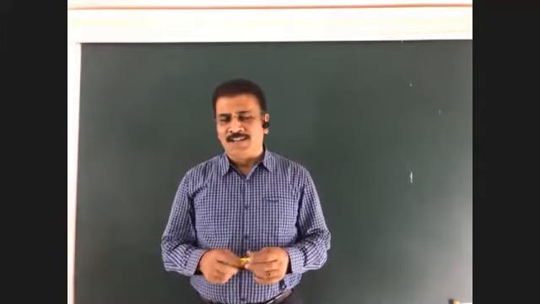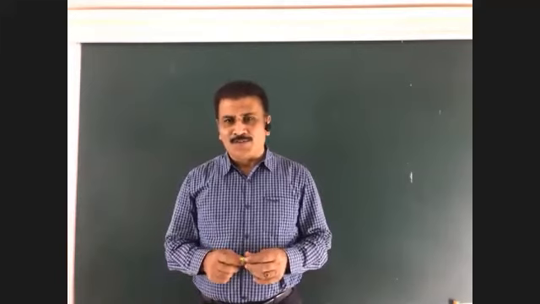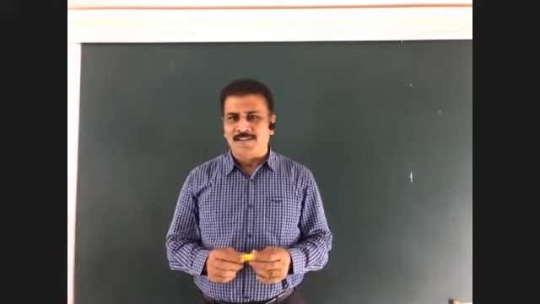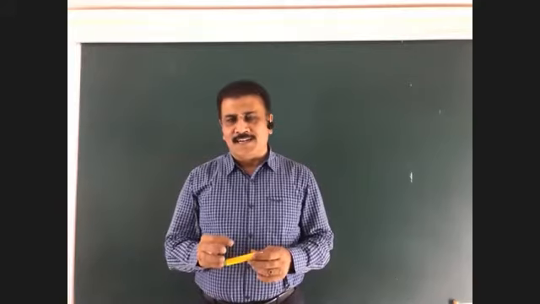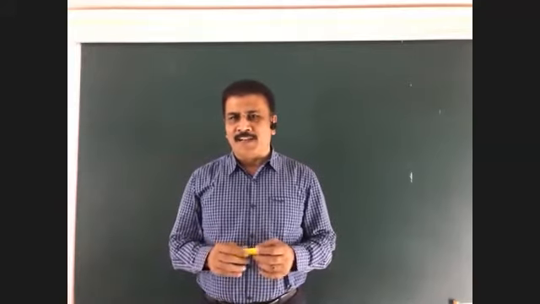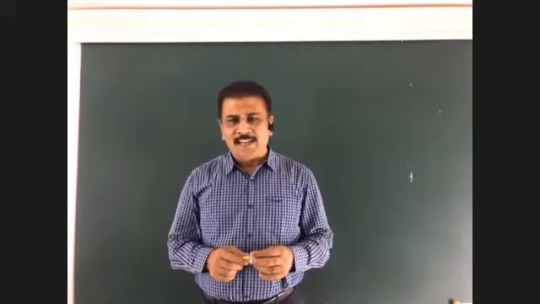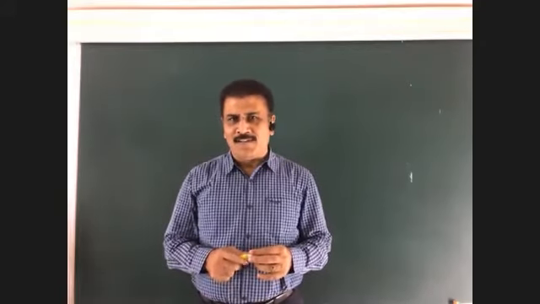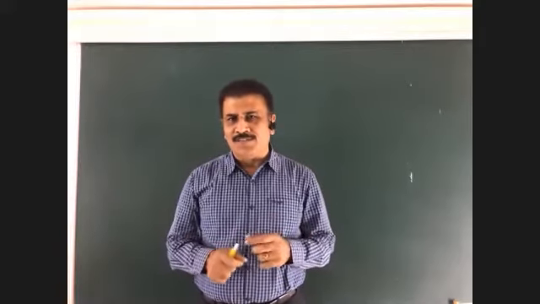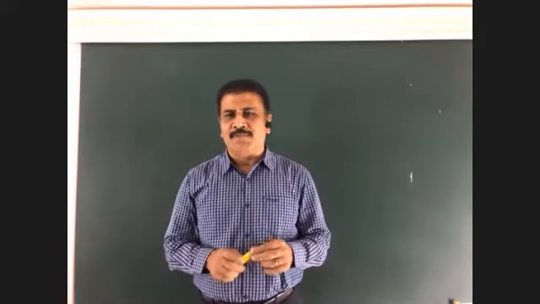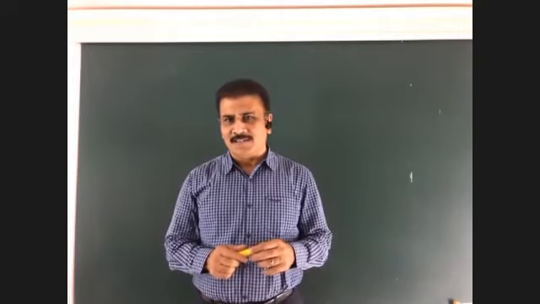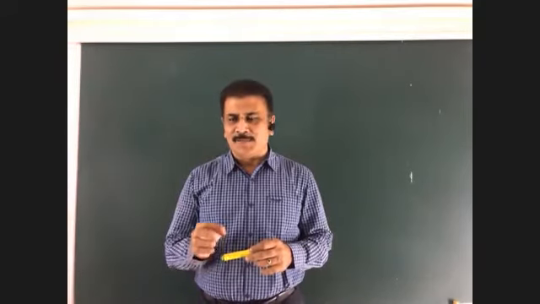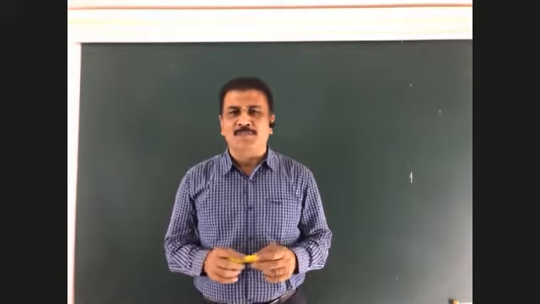In the Daniell cell, there are two electrodes, a zinc electrode and a copper electrode. Its standard EMF can be calculated as the SRP of the cathode minus the SRP of the anode. After substituting these values, its standard EMF will be 1.1 volt. So whenever you read about the Daniell cell, remember its standard EMF is 1.1 volt.